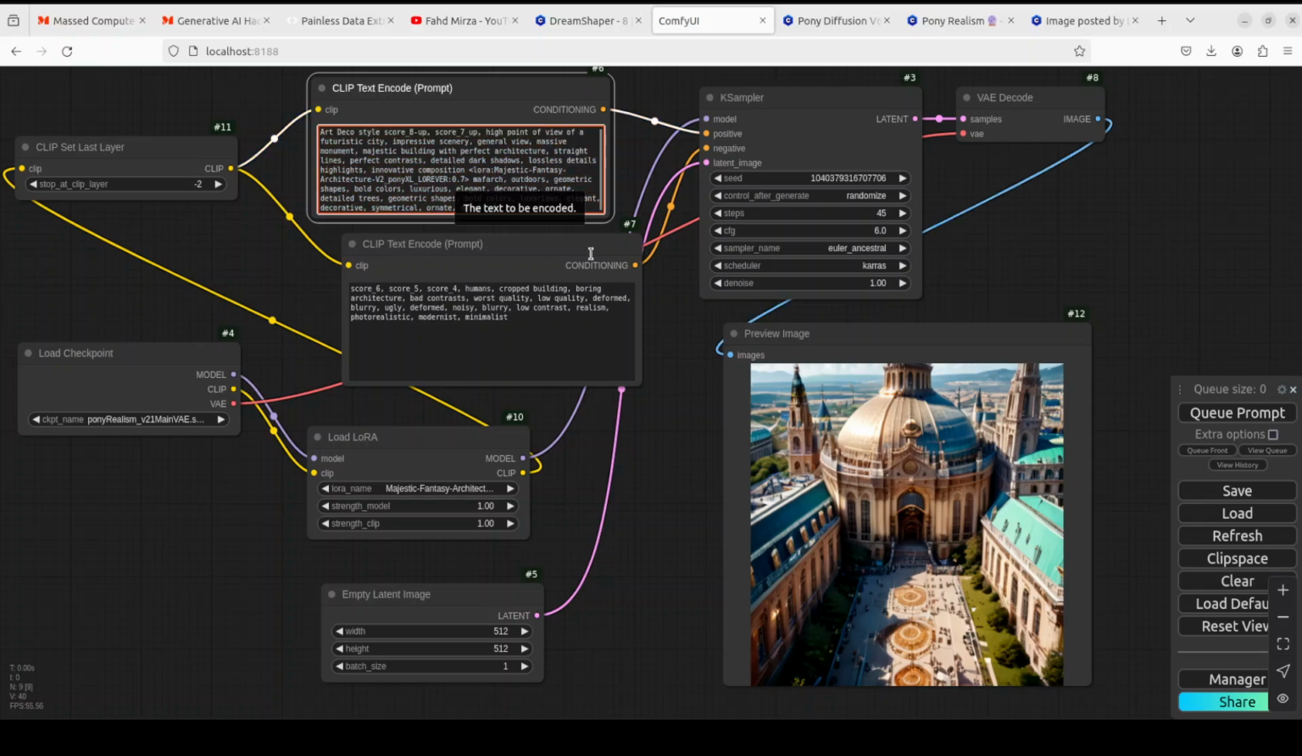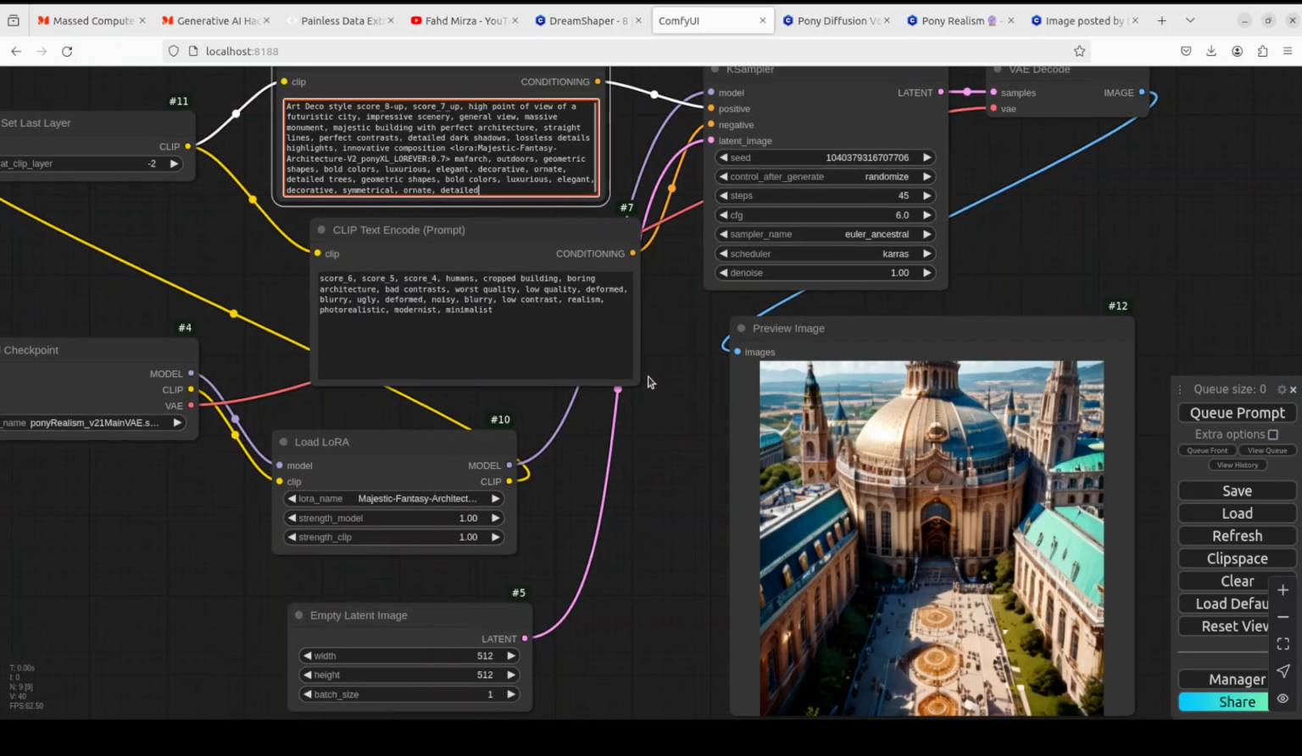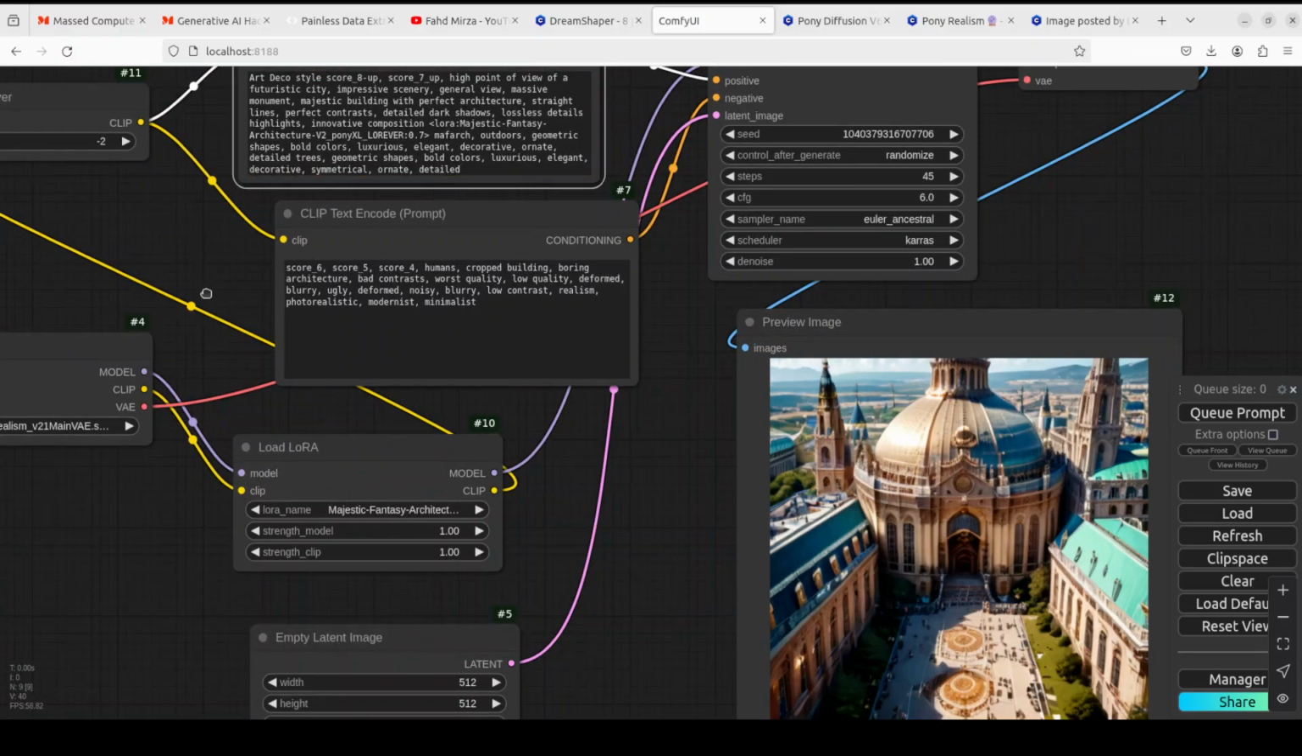I'm just going to paste it here. So it's a different prompt. It says again Art Deco style, and then high point of view of futuristic city, impressive scenery, general view, massive, and all that stuff. One thing, maybe I'll just make it a bit bigger. One interesting thing I would show